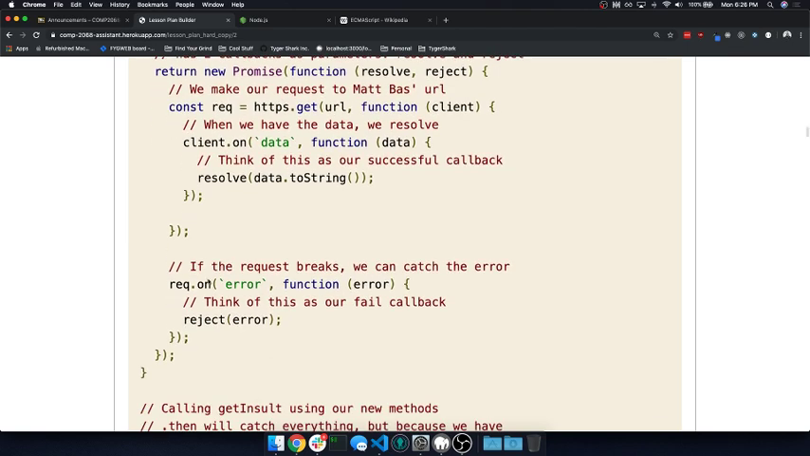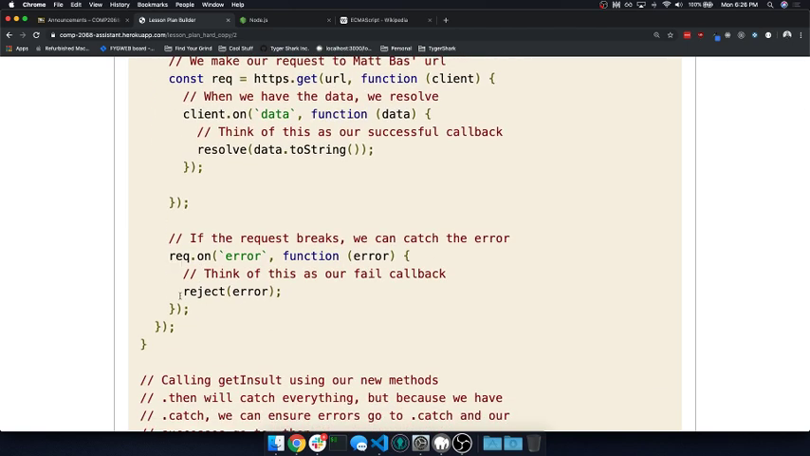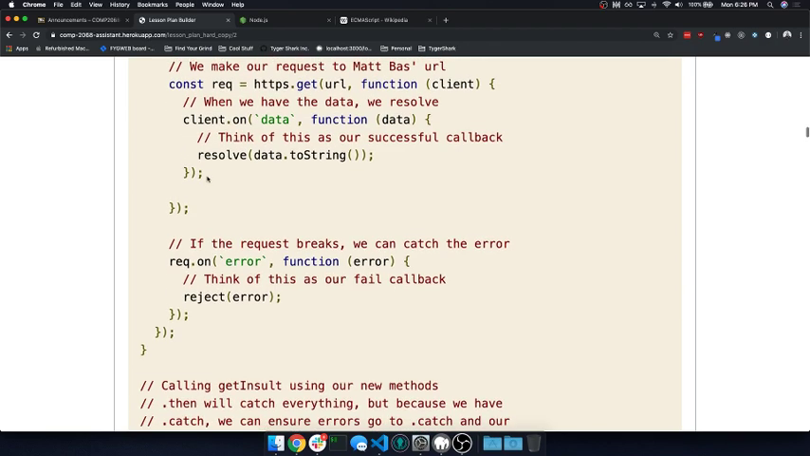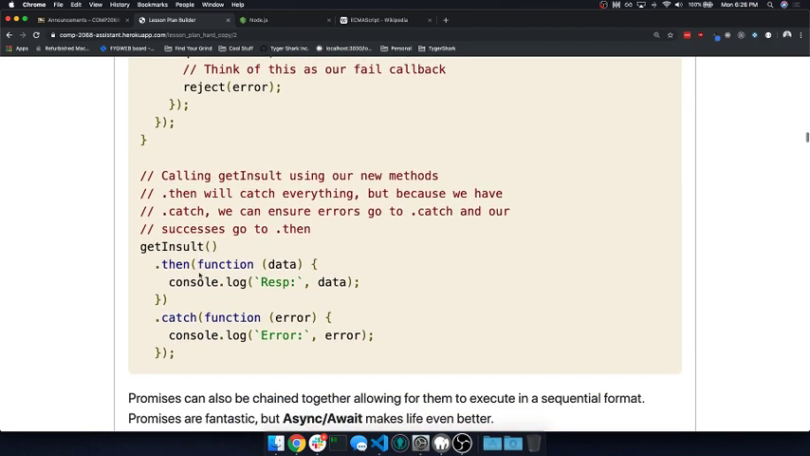So we have our request on error, we reject, and then up here, we resolve our data to string. And we can do different things to make this more promise-like. But down below, when we get our insult, we have a .then. So get result, then console log the data, otherwise catch, and console log the error. So this is a